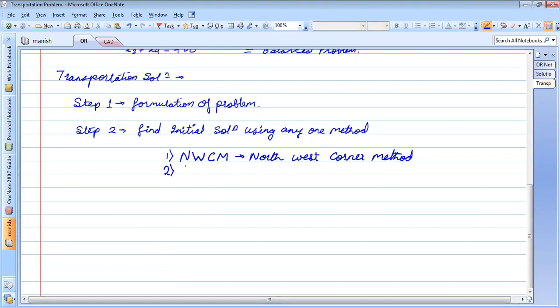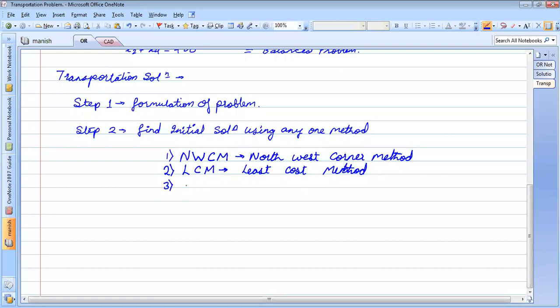Second method is LCM, least cost method.